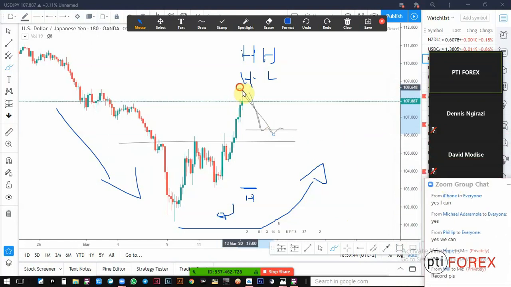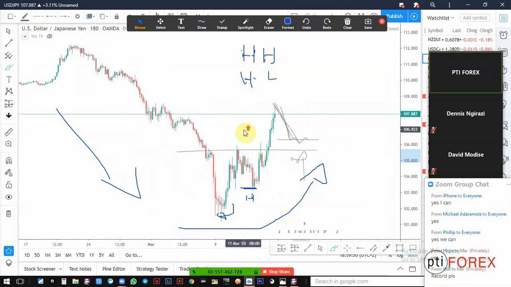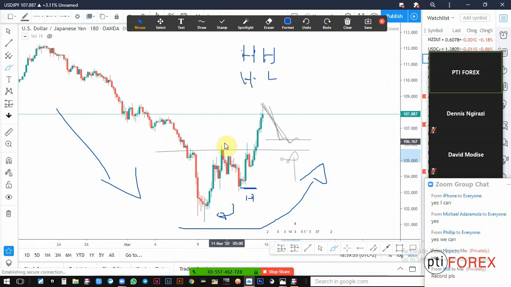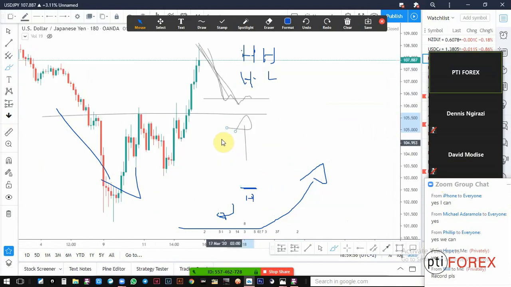So then, if the market gives us a discount, let us be ready, guys, to press the buy buttons. So that's all I can say for now. I cannot even go to my lower time frame because it is not close to my entry. I know that I can't enter here. I will only enter if the market can give